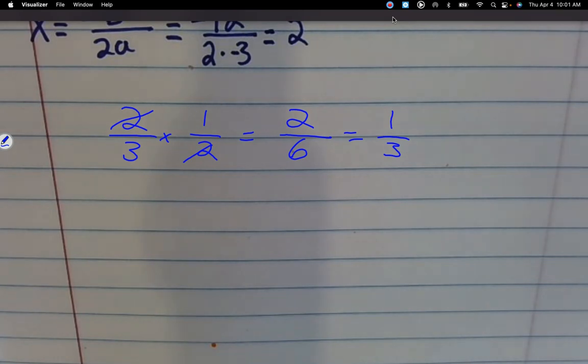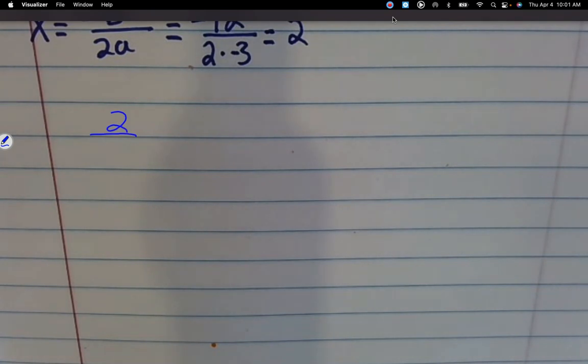But that was multiplying. Then yesterday, we divided. Say I have 2/3 divided by 1/2. So what did we do yesterday? We would keep, change, flip. Of course, we did it on an algebra 2 level. And then I would flip it. So I would get 4/3. Okay? Now today,